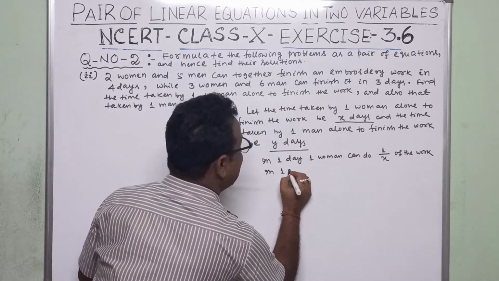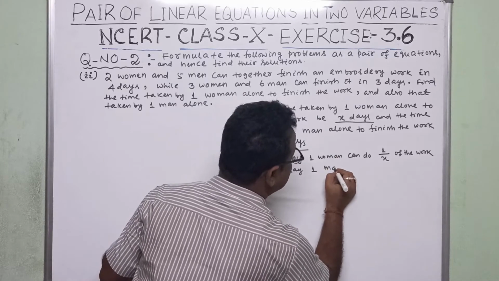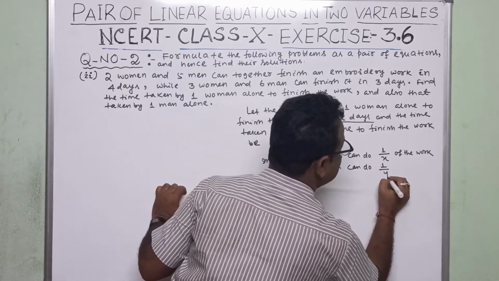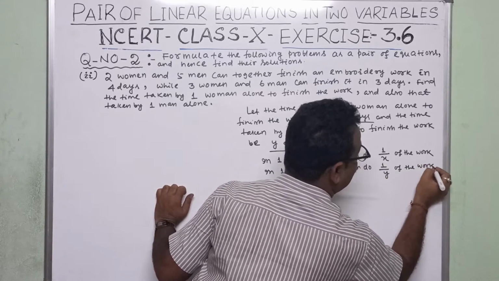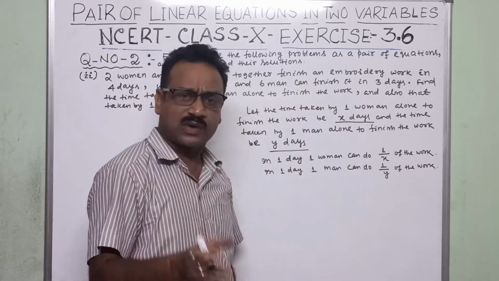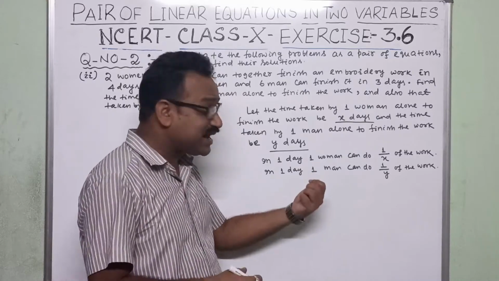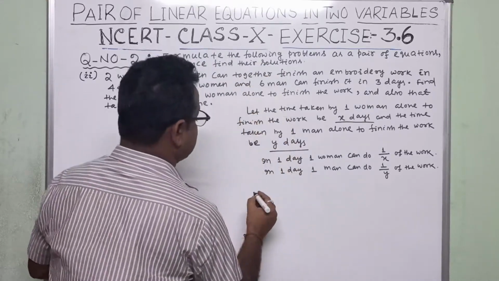In 1 day, 1 woman can do 1 by x of the work, because she takes x days to complete the work. In 1 day 1 by x. A man takes y days to complete the work. So in 1 day 1 by y. Now according to our